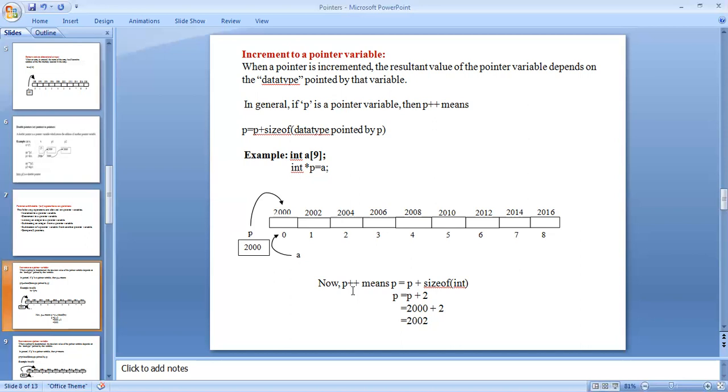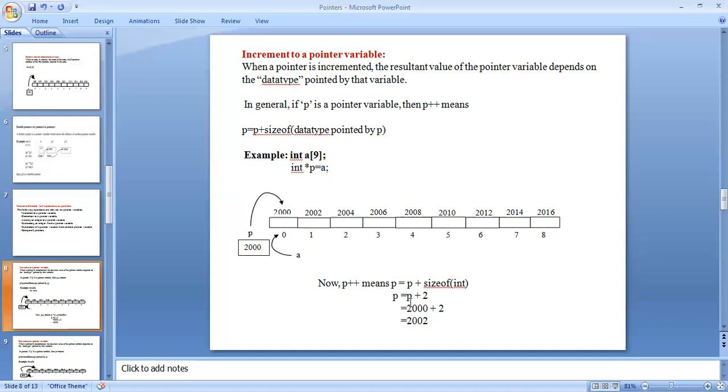I am declaring the data type as integer. Integer will be 2 bytes. So p equals p plus sizeof, the operator is sizeof, using which data type? Integer data type, which means 2. The size of the integer is 2, so that is p plus 2.